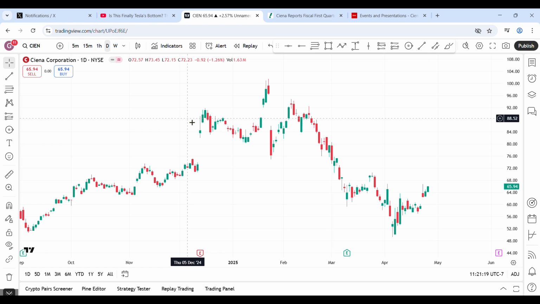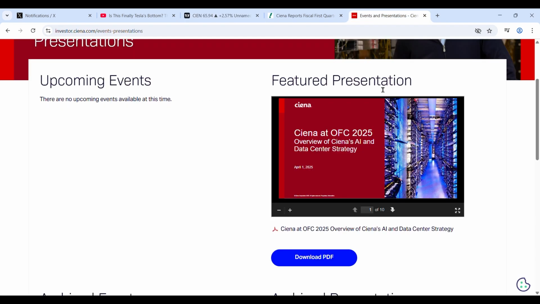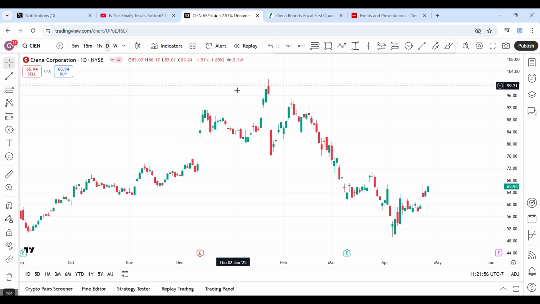Today, I'm going to be taking a look at Ciena Corporation, symbol CIEN. Ciena makes technology that goes into the cables that connect the various pieces of equipment in AI data centers. And because that technology is so vital to moving that data quickly and efficiently from NVIDIA chips to the various pieces of equipment in the data centers, Ciena is actually an instrumental part of the build out of the AI infrastructure. So if that's the case, and you think you might want to participate in the future upside in Ciena, let's go take a look at the chart and see if there's clues where the big money stacked up trying